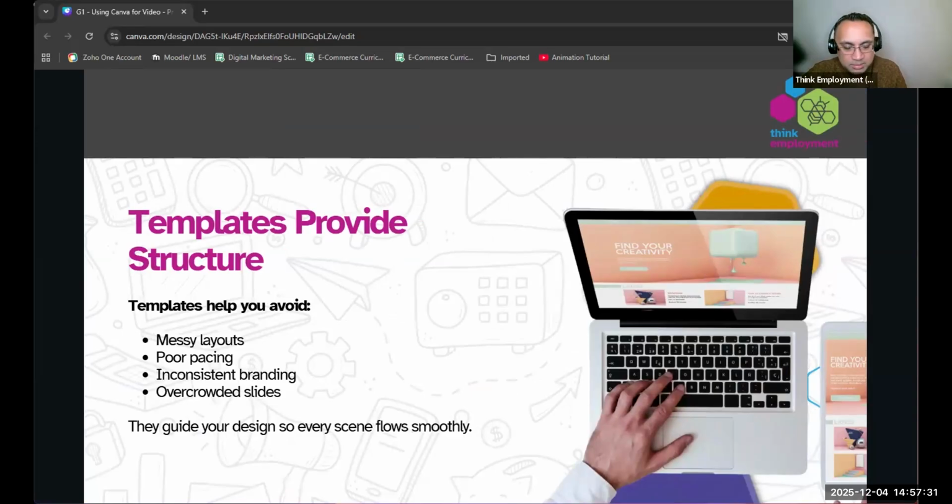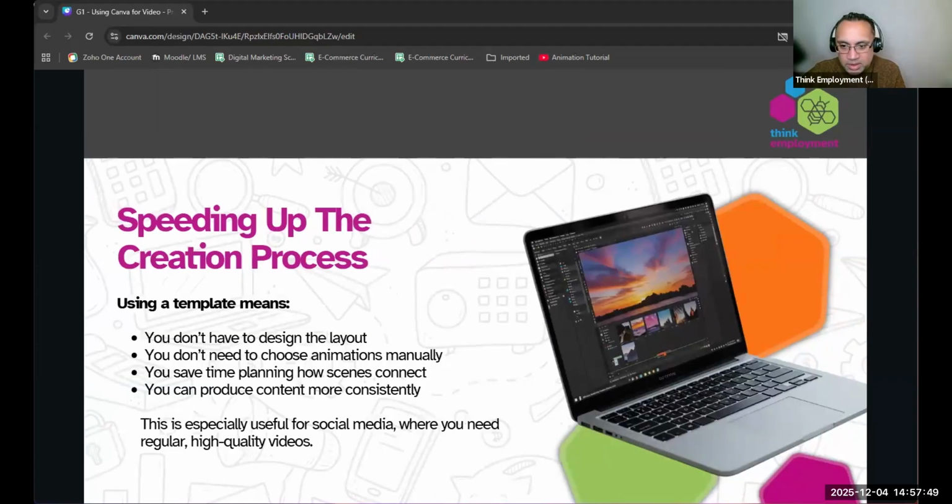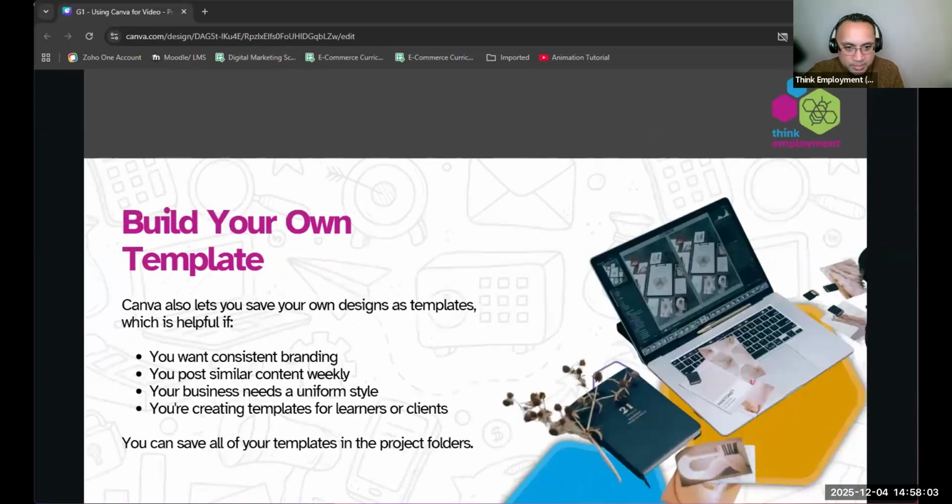So templates provide structure. You don't have to mess around with the layouts. It's all kind of consistent branding. You've got different pages that you can use or different scenes. So it's a guide to follow. Okay. So to speed up your creation, use templates, basically. It helps a lot when you're choosing animations and everything, because obviously somebody's spent time creating those and placing everything